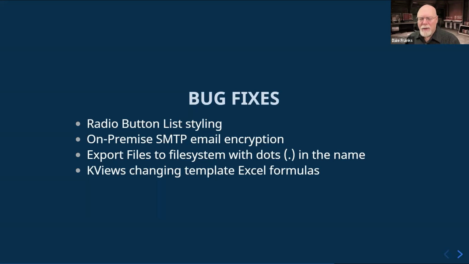Export files to file system custom task. Apparently some of you are using dots in your file names and in folder names. Not sure why. Dots are kind of a special thing in Windows, but if you were trying to export a file to file system and there were dots in the name, the dots were being, I think, doubled. So the names were coming out wrong. It was kind of messing a couple of things up. So we've changed the way that we handle those dots in the name, and we fixed that problem.